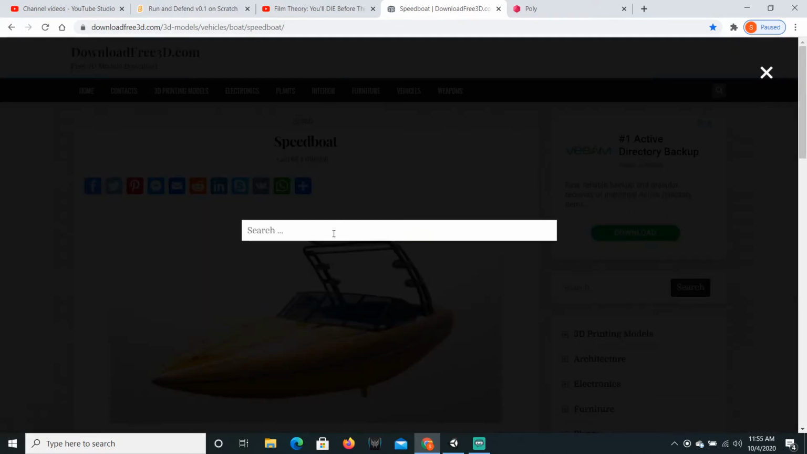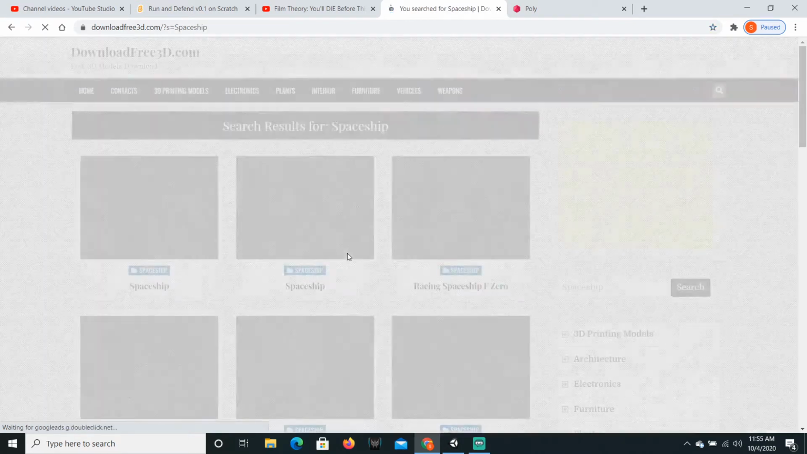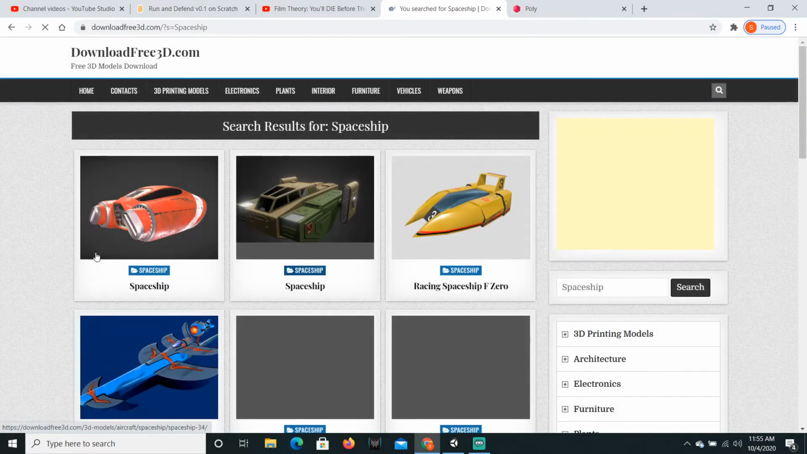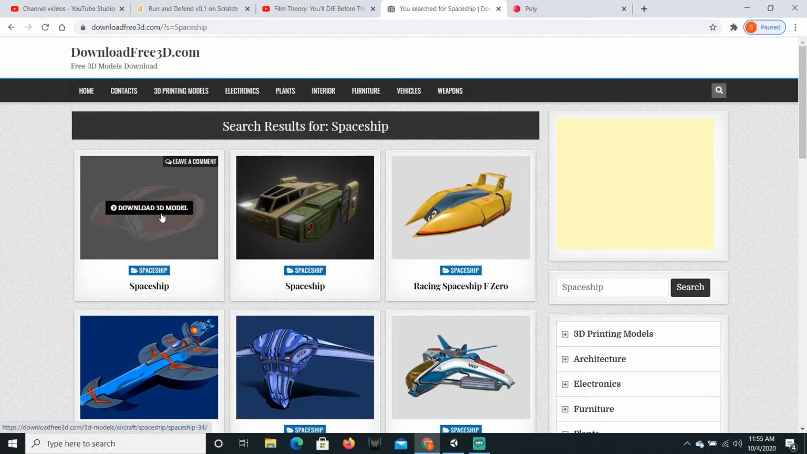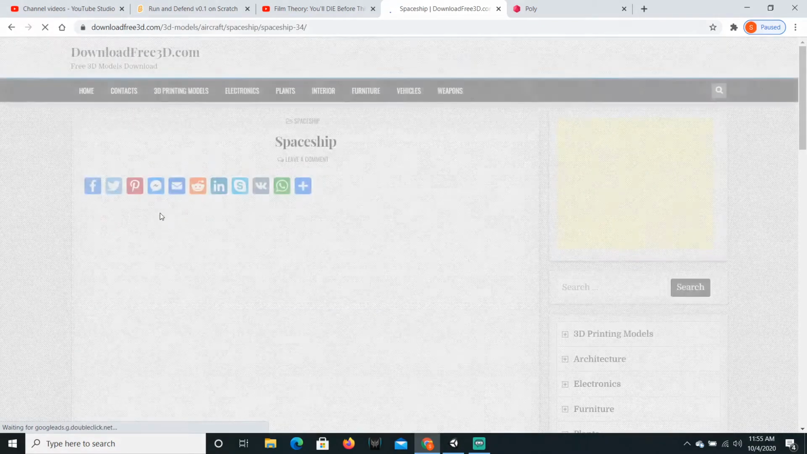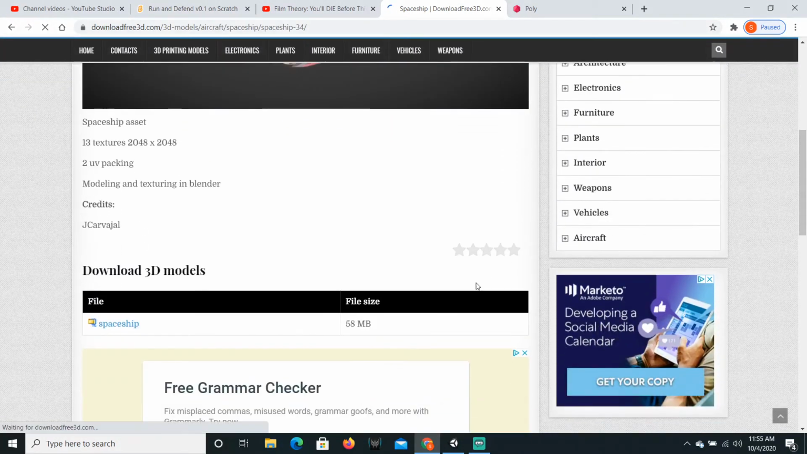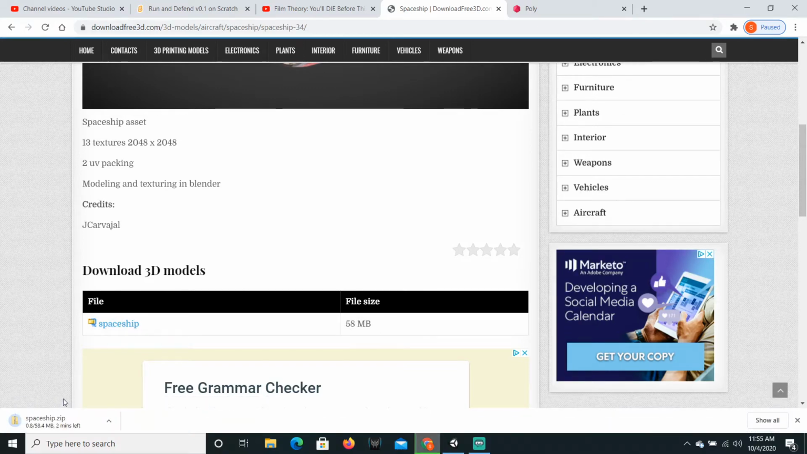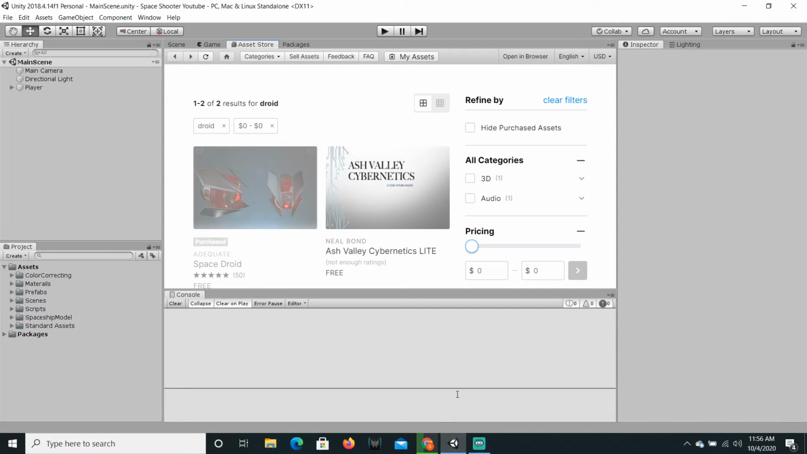So I'm just going to go to another tab, spaceship, enter. This one looks cool. You hover over it and just press download 3D model. And then you can just click on this. Then it will automatically download it. It might take some time, but it shall download. While that is going on, I'm just going to hop back into Unity, click on the space droids,